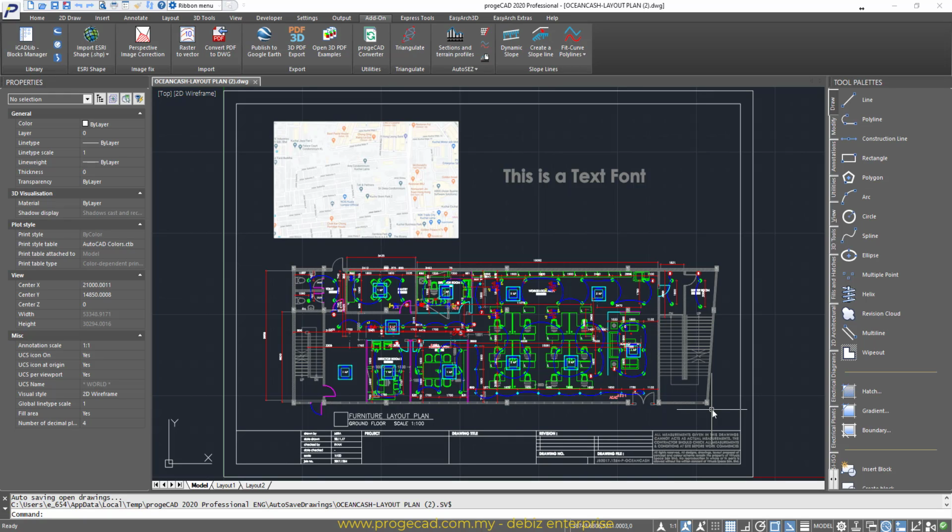Just for some understanding, if the PDF file is actually plotted or exported from a CAD application like AutoCAD, ProjectCAD or any other CAD solution, you might be able to convert this PDF back to DWG format and edit according to the objects.